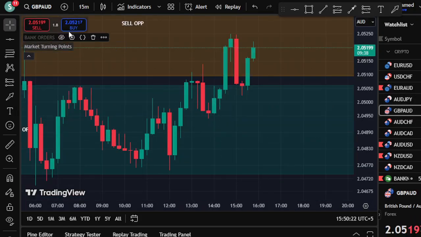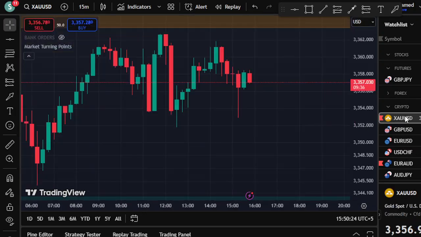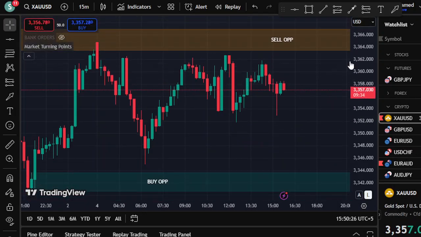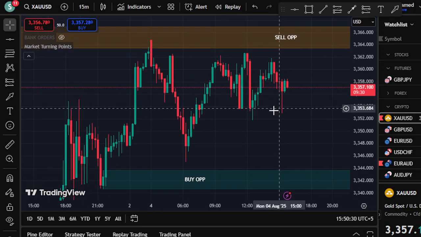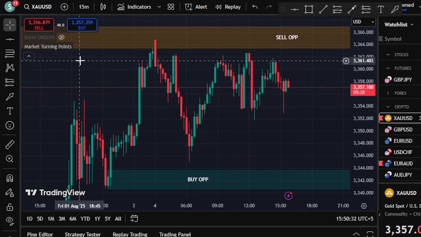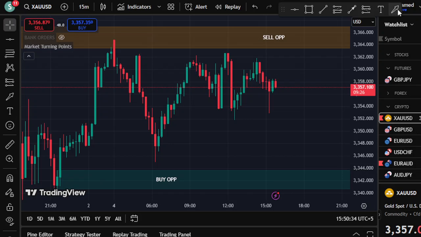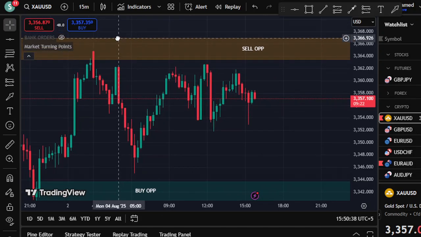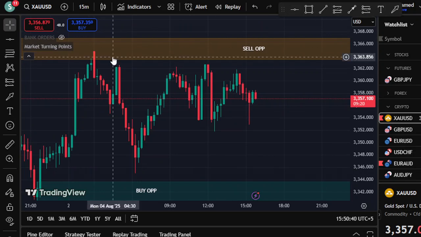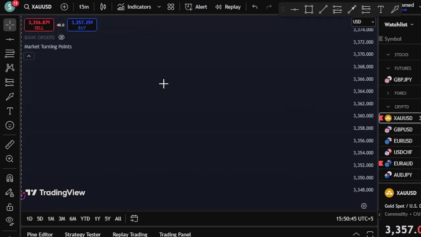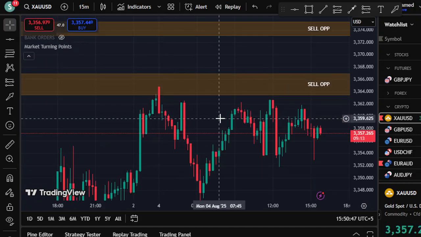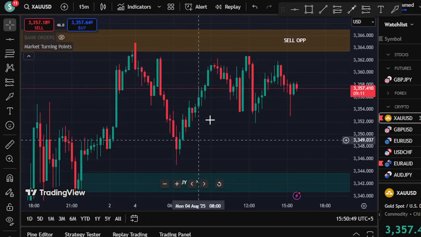Okay, so especially when you talk about the market turning points indicator, you can use it on 5 minute and other time frames, but I consider the 15 minute to be the best time frame for the market turning points. As you can see here, this is not a support and resistance indicator. Basically, this works with real time levels. For example, if we talk about this sell opportunity level that appeared here, it appeared in real time, and then you can see the price dropped and then it